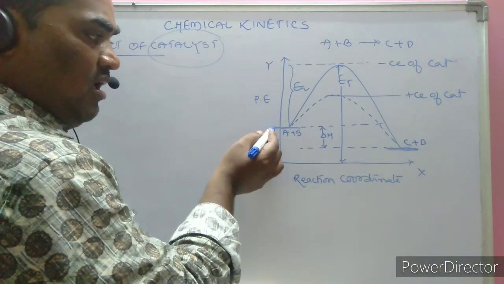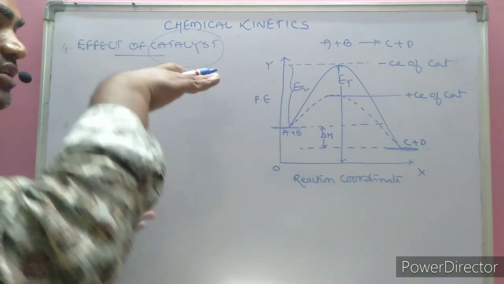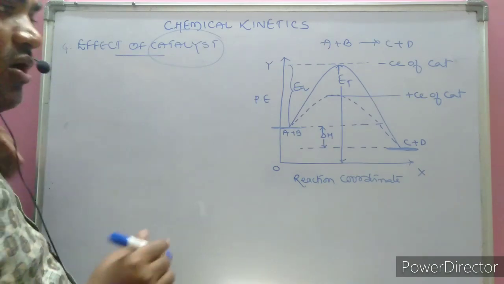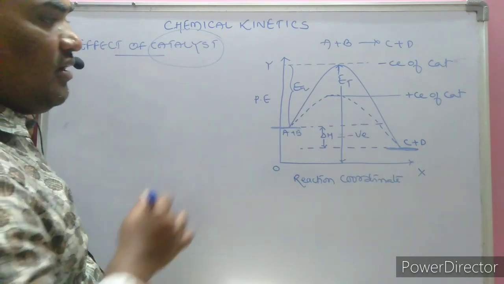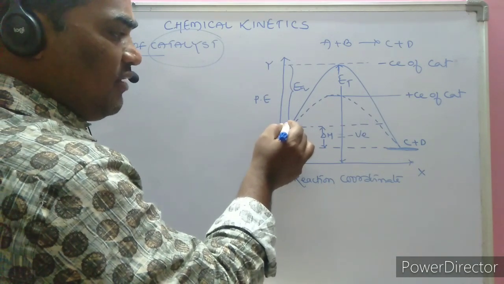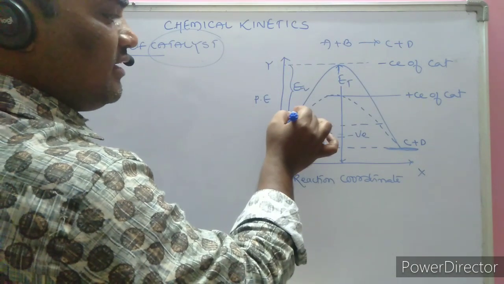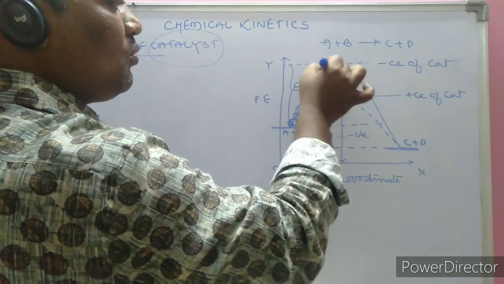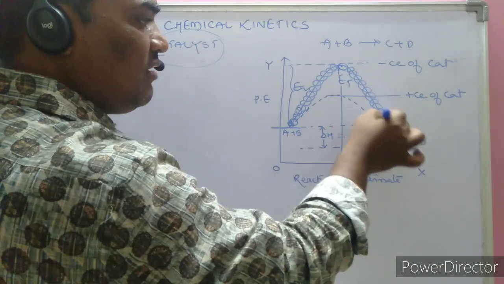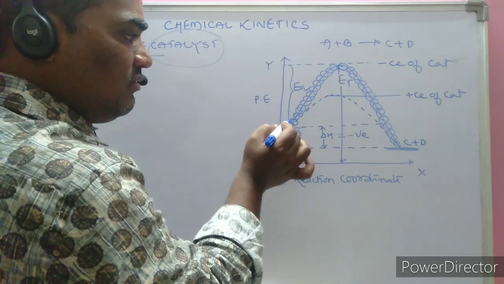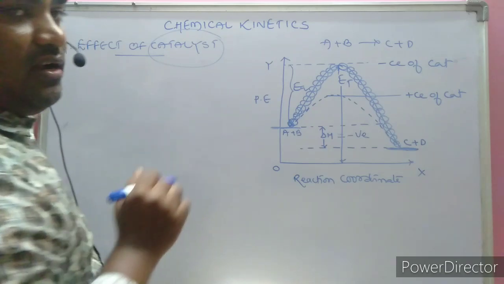Means here the energy of the reactants is higher than the energy of the products, so higher energy reactants need to form lower energy products. It is an exothermic reaction. The magnitude of the sign of delta H is negative. Here, in absence of the catalyst, what will happen? The collisions must take place between A and B, and the energy must equal the threshold energy barrier. They alone lead to the formation of the product, that we call the threshold energy barrier. Here, this much activation energy is required to form a product in absence of the catalyst.